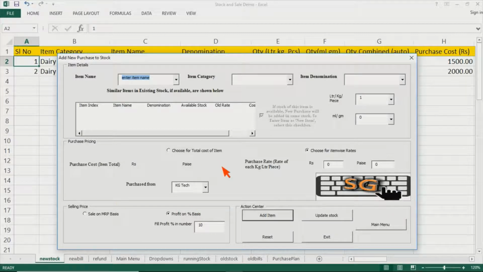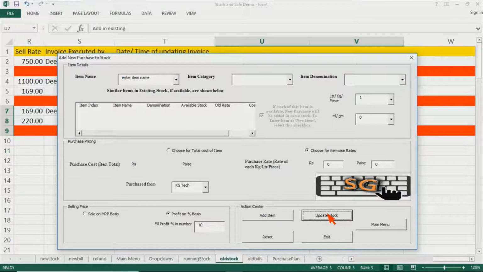Now, after you do that, you just need to press update stock. So from here, new stock, wherever I told you that new stock is a temporary worksheet, wherever this data was required to go, it has got transferred. Number one, it has gone into the running stock worksheet whereby it has been added into the stock. The stock like Amul butter 100 gram was already there in my inventory. So this item has gone into this running stock worksheet and got added into the inventory that I already had. Suppose I already had 10 and added now new 10, then it has become 20 now.